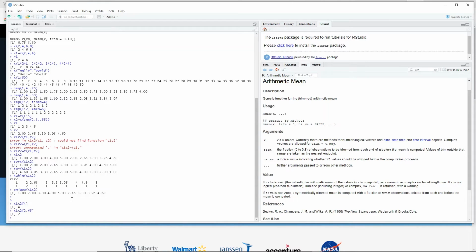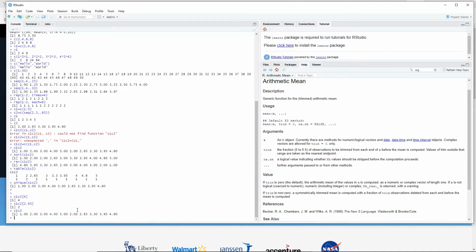Okay, so it tells me the location or where it is. Let's see. Let me run this again to see what C1 C2 actually is. Okay, so next we want to look at another similar syntax, C1 C2, but in this case what we are